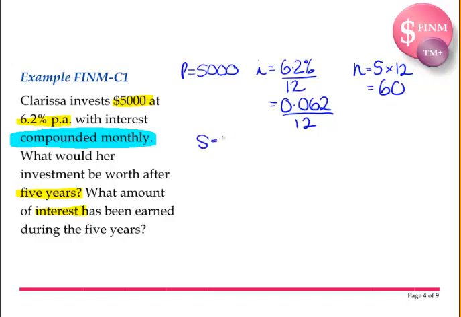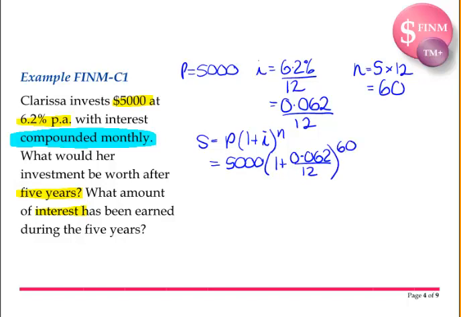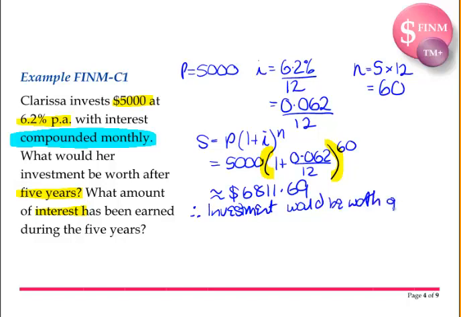So S equals P(1 plus i) to the n. So that's 5,000 times (1 plus 0.062 over 12), all to the power of 60. Now when plugging this in your calculator, remember those brackets. Remember to use the brackets on your calculator. You'll end up getting approximately $6,811.69. So therefore, investment would be worth approximately